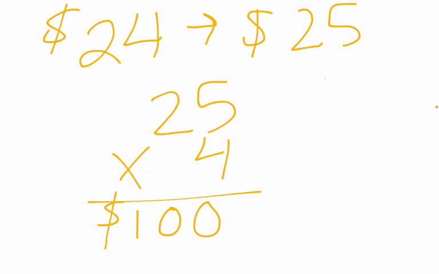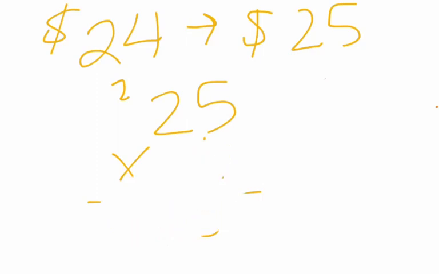I didn't even have to do all of this. But if you wanted me to, I totally can too. 5 times 4 is 20. Put down the 0, carry the 2. 2 times 4 is 8, plus 2 is 10, making our answer 100. Okay. Now, I need you